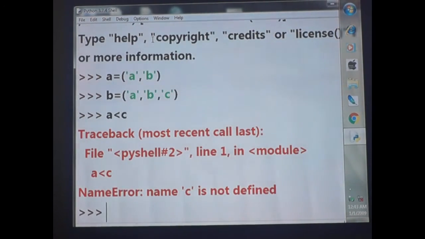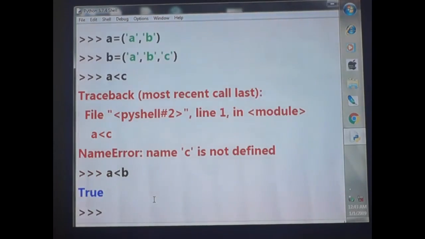C is not defined. Oh, listen. We have used B. Here we unnecessarily gave C. Okay, we should give A less than B. A less than B. The answer is true. Because A has only 2 characters, B has 3 characters. So of course A is small and B is big. The answer is true. You understand what I am saying?